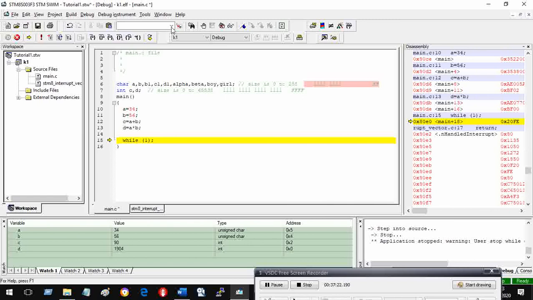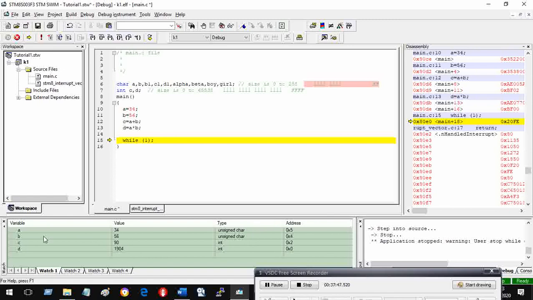So this is what it is. You have seen how you have selected debug mode instead of the release mode, and you are already in the debug mode. You have also seen what a watch window is, what disassembly is, and the relevance of the various addresses and values.